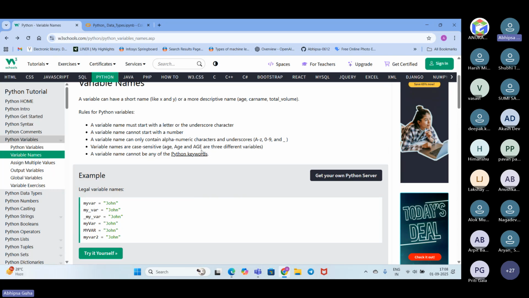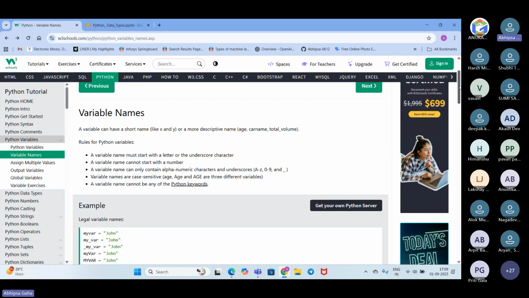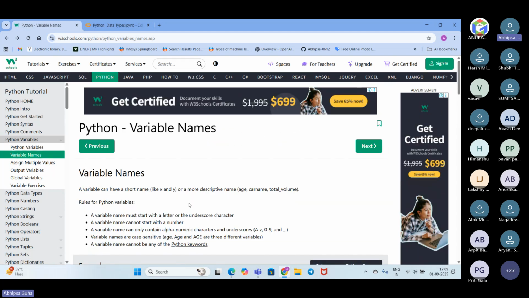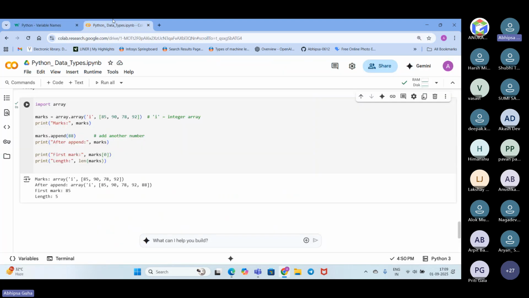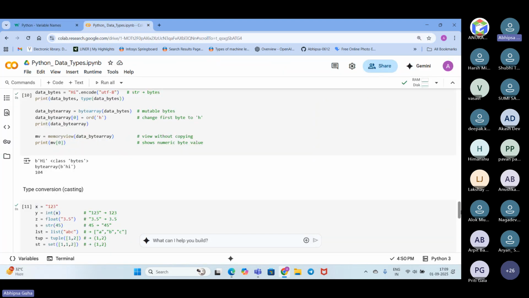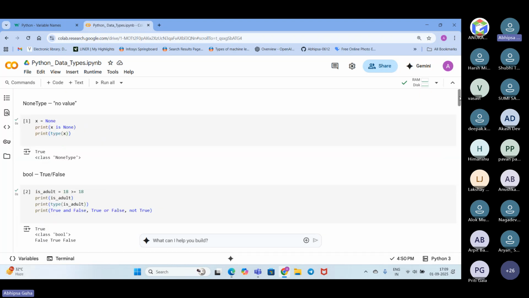Okay. So here, for the content, we will be seeing this W3Schools website, but it's not like we will just be reading from here and understanding. We will be doing it hands-on. We will be using Colab for that, or if you have any other Python IDE, you can use Spyder, or if you want, you can use Jupyter Notebook.